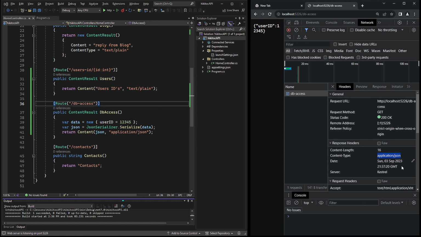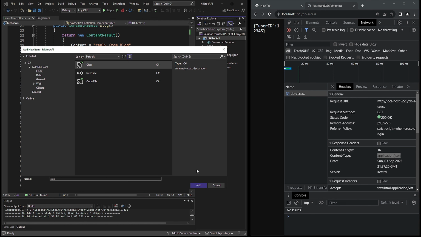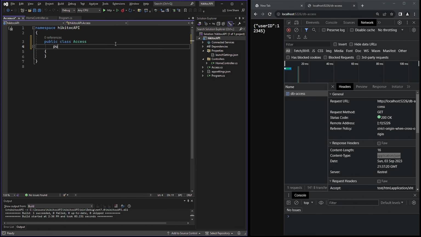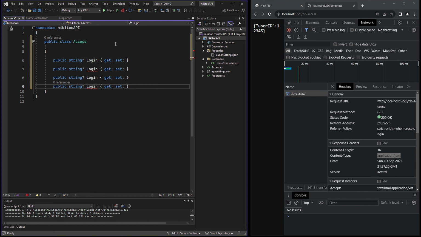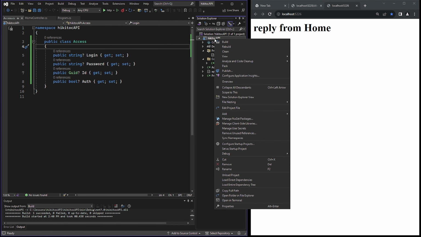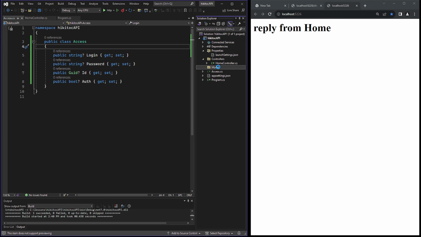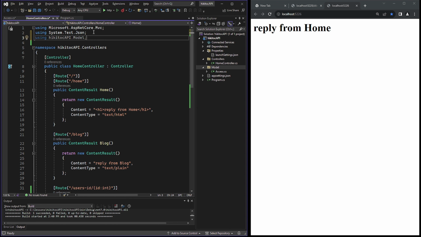And to clarify how to respond with a class object, I will quickly add a class called access. In this class I will include a few properties: login, password, ID, and auth. And what is happening here is quite straightforward, since you are familiar with C# programming. As this simulates database access, we will relocate this class into a folder named model, following the MVC (model view controller)